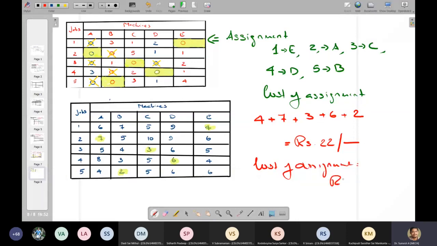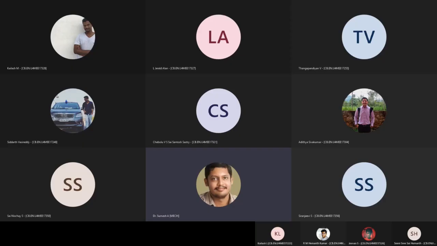So this is how the Hungarian algorithm works, if all the cells are having zeros. If that is not the case, how to proceed, we will see in the next class. We'll move to today's class, that is on the assignment model. We have discussed in the last class what is meant by the term assignment model, and we have solved a simple problem also in the last class.